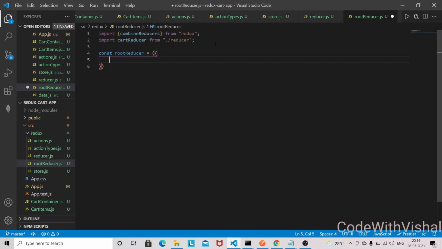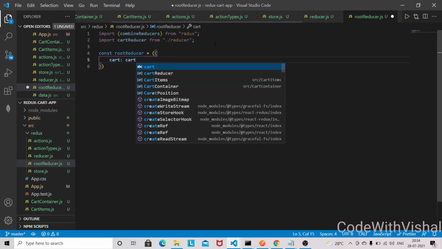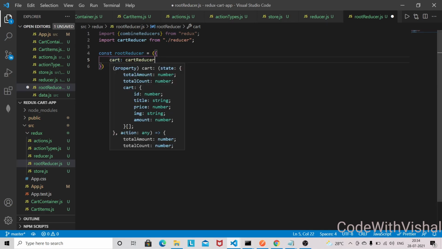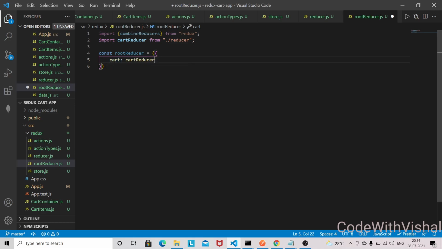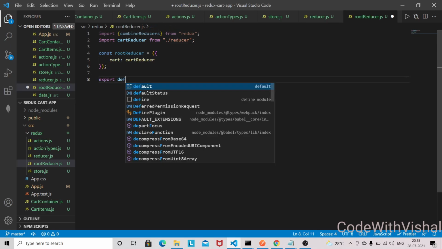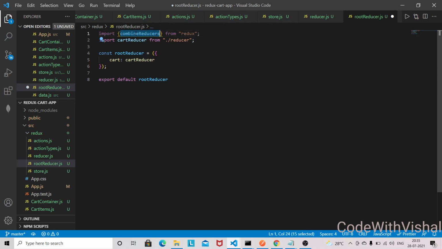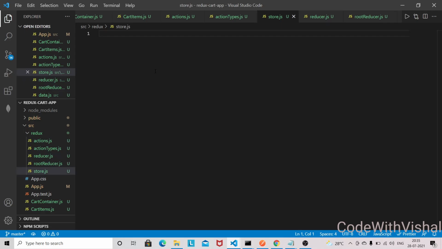So you need to specify the key here. So key will be the cart and the reducer will be the cart reducer. So whenever you want to access the state from the store, you have to use this cart key. So cart key will have the latest state. Okay, and I'm going to export this root reducer, export default rootReducer, and we need to use this combineReducers, otherwise it won't work. Okay, so that's it. Now let's work on the store part.